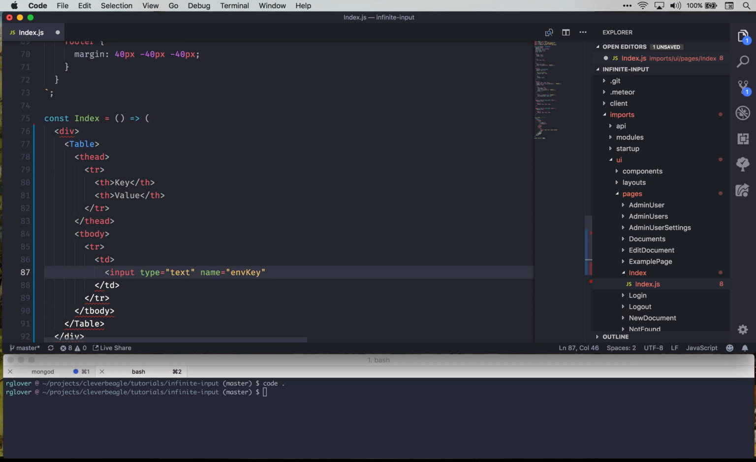I don't really like that, but that's a good way to mentally separate it for us while we're working here. So we'll say env key, and I'm going to say class name equals form control. And this class name is coming from the Bootstrap CSS framework. So that's another one of those things I just have memorized. So what that's going to do is apply Bootstrap styles to a text input, and a regular